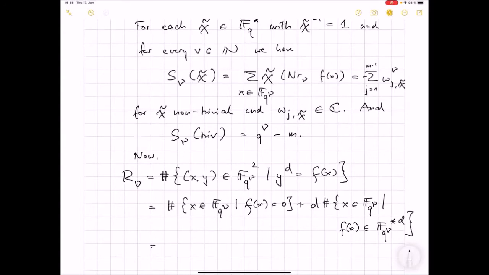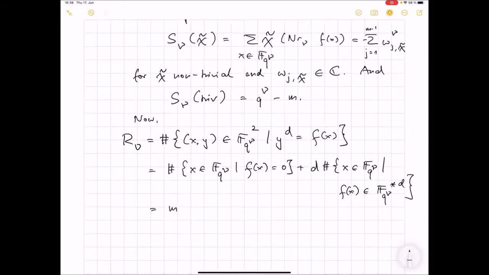Okay, the first thing is just m. That's the number of zeros. And the second set counts dth powers in the extension field. And so I can just do this by taking norms. So this is plus d times the number of x